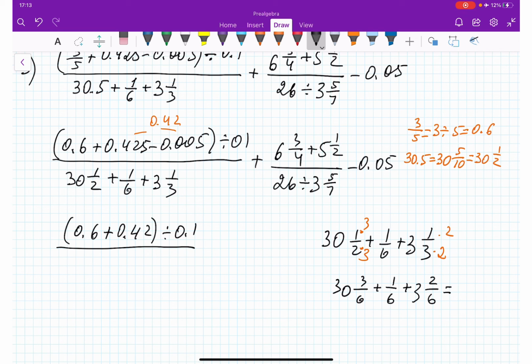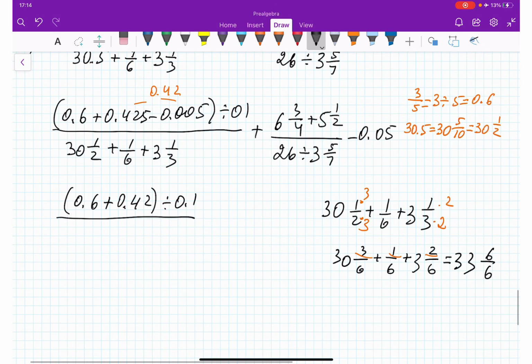30 plus 3 is going to be 33. Now let's see the denominator. 3 plus 1 is 4, plus 2 is 6. So I'm getting 6 over 6, which is going to be equal to 1, and this is going to be 34, right? 33 and 6 over 6 is going to be 34. Okay, 34 plus. Now,